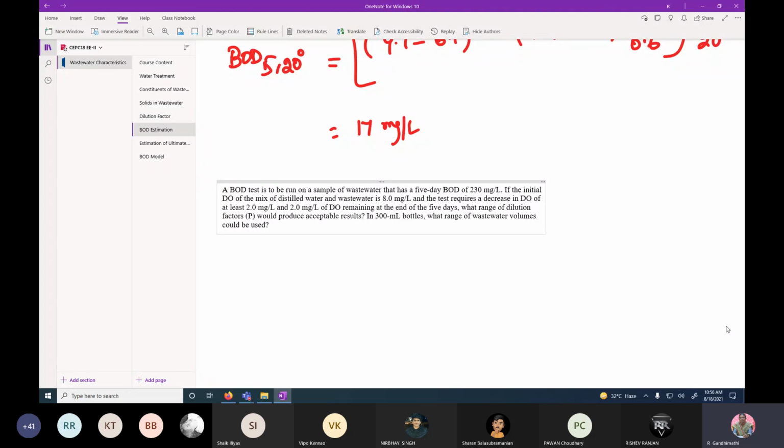If the initial DO of the mix of dilution water and wastewater is 8 milligram per liter, and the test requires a decrease in DO of at least 2 milligram per liter and 2 milligram per liter of DO remaining at the end of 5 days,